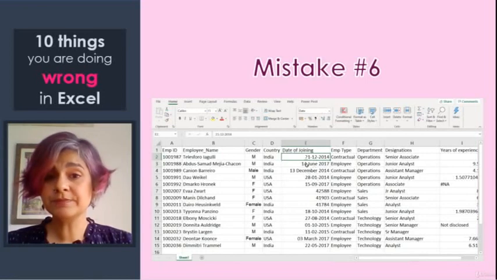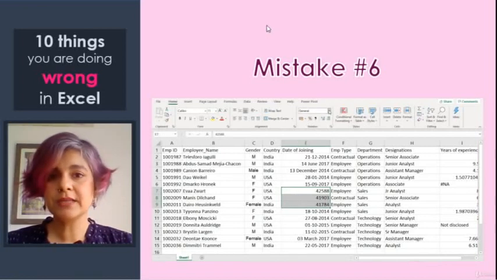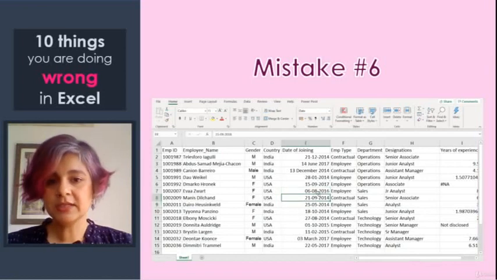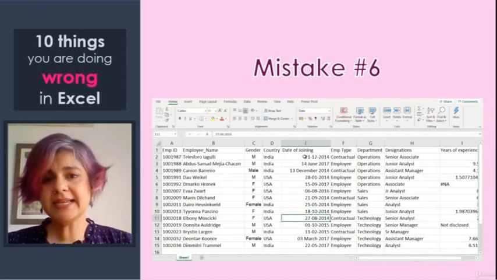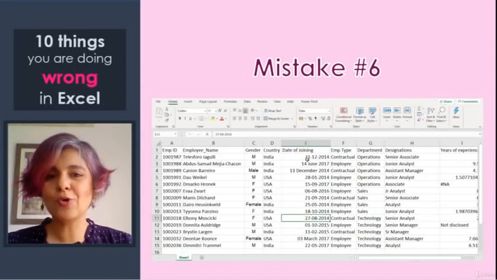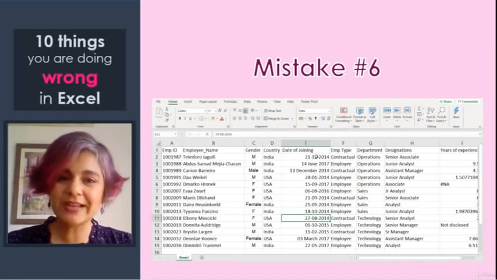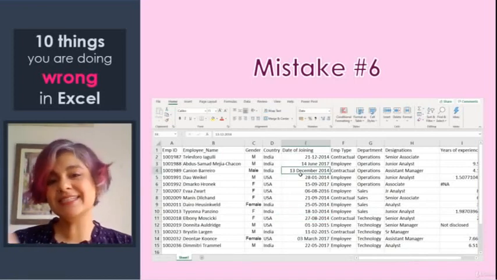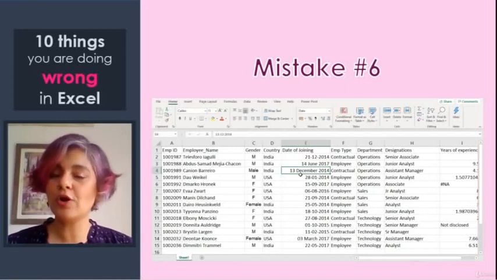This one is a date format, this one is also a date format, but these are in the general format. So the first thing we will do is select these three cells, click over here and convert them into a short date format. So we can see that now these look like dates and we are able to read these values as well. But let's quickly do one more thing and make sure that all of our Decembers look like either 12 or they are written as the exact word. So you have to pick a type of format and then stick with it throughout your sheet.